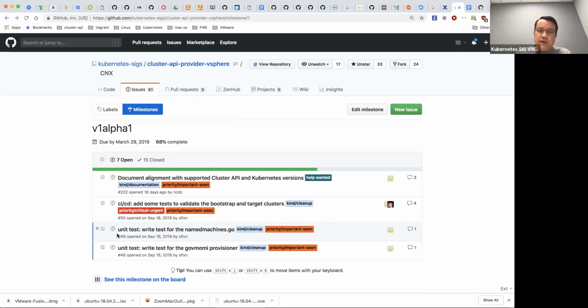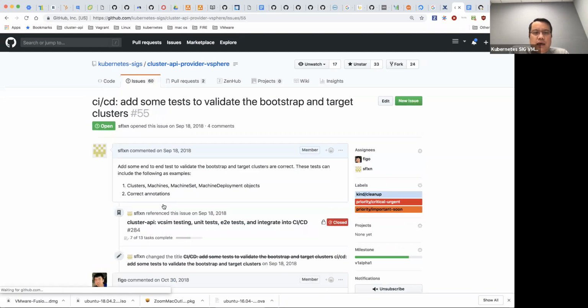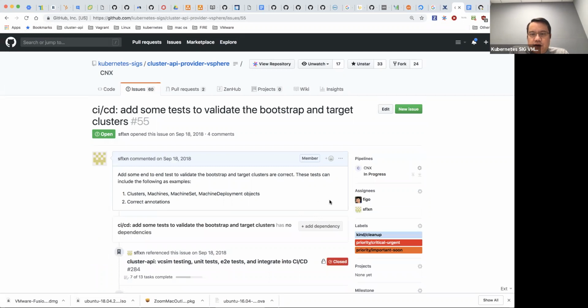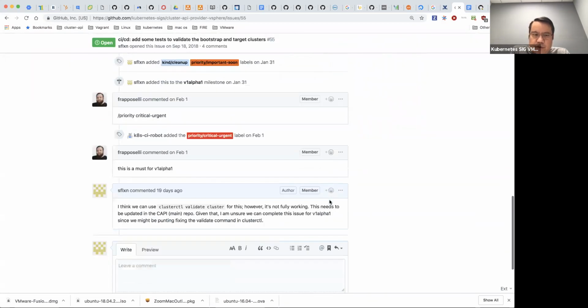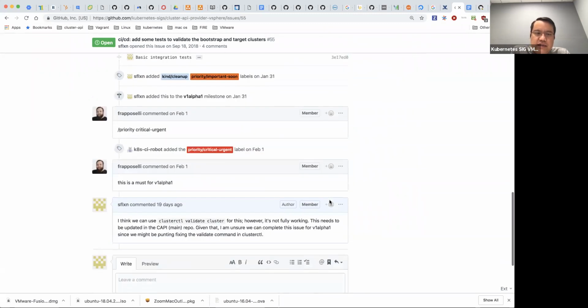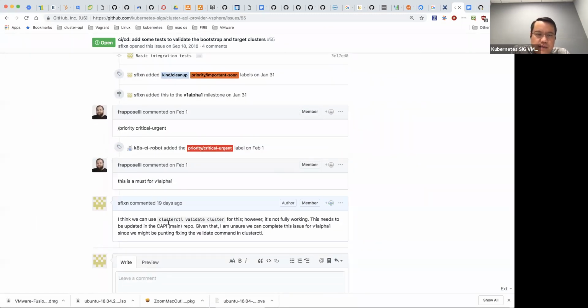So those were the two that I wanted to move. The next one, CI/CD, add some tests to validate Bootstrap and target cluster. My name is still on this. Hui's name is still assigned to this. I said in my last comment that we could